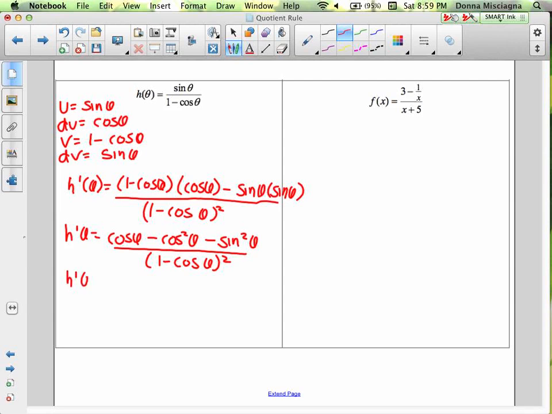Let's continue on. So cosine theta, and then if we pulled out the negative, cosine squared theta. Yes, we can. Cosine squared theta plus sine squared theta. And if we factor out that negative, that's actually equal to 1, right? 1 minus cosine theta squared. So that's going to give us